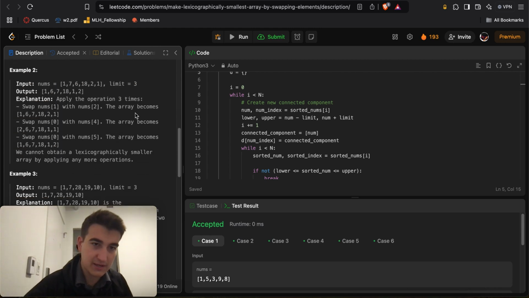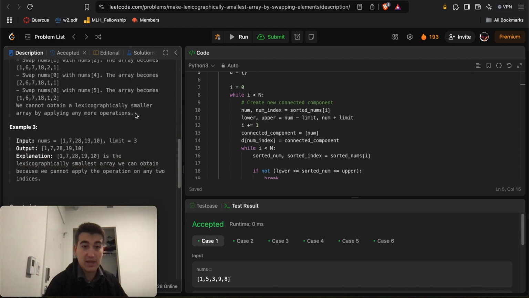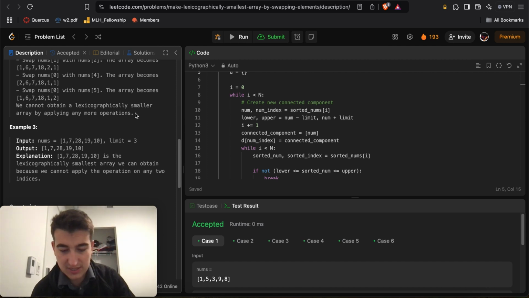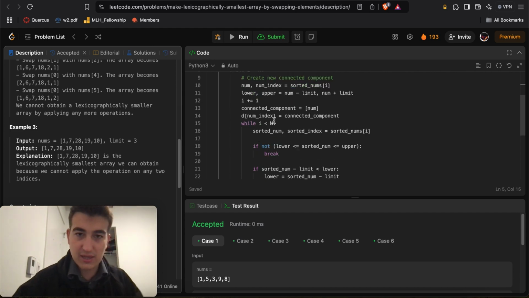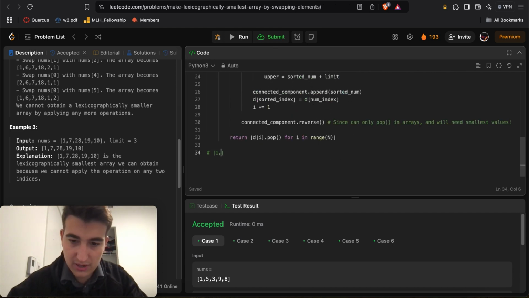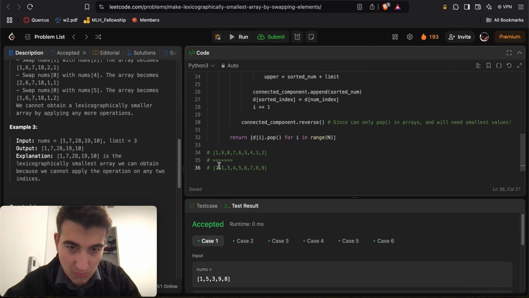If you think of it as a graph in that way, where any undirected edge between two nodes means they can be swapped inside the original array nums, you want to make this lexicographically as small as possible. That means you want the smallest possible numbers at the beginning and the largest towards the end. Something like 1 9 8 7 6 5 4 3 2 1 0 is much better than something like 2 and then 1 3 4 5 6 7 8 9. Even though more of this array happens to be sorted, this one is better just because there's a 1